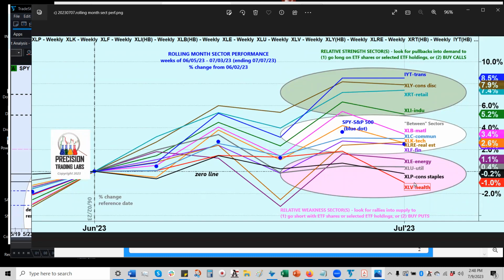The other thing I do want to point out though is, obviously there's still a lot of uncertainty about this market, and some people would say, in fact, that the general sense of optimism that we've had the last few weeks has been kind of misplaced and almost like whistling past the graveyard, and that may very well be true. But looking at this from a sector lens,